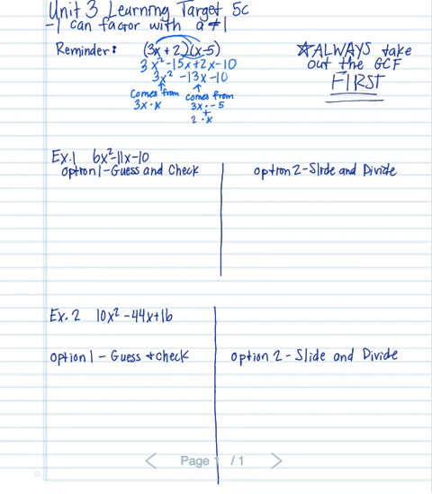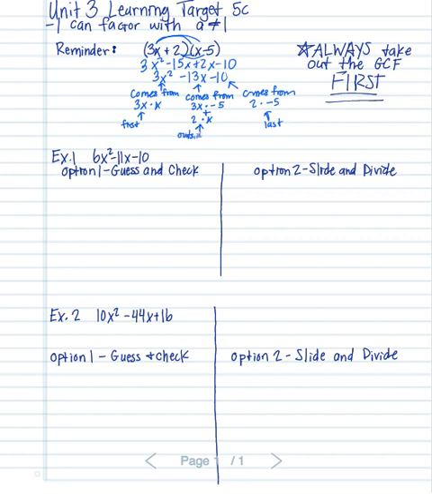So it's that outside piece and that inside piece. Then the negative 10 comes from 2 times negative 5. So these two are our first two. These are our last two in the parentheses. And then these are the outside